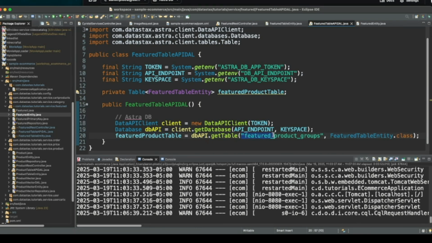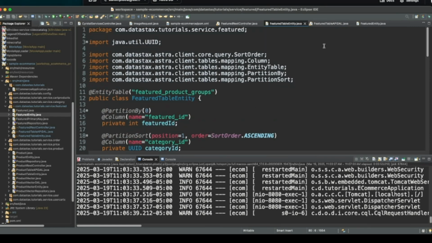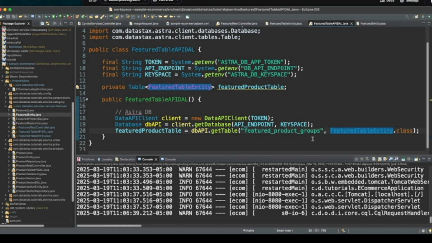We do, however, need the table name, and we need the featured table entity class. That way, it knows how to do that automatic mapping from whatever we pull back from the table API into this featured table entity class that we just created. All right, that really should do it for our constructor.